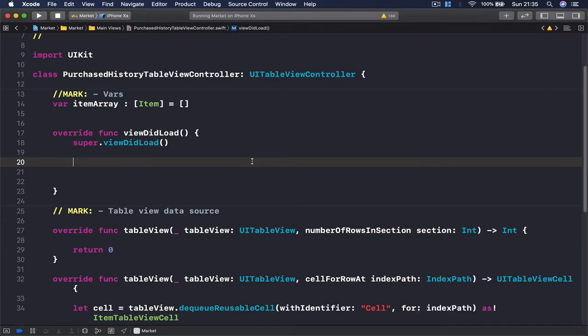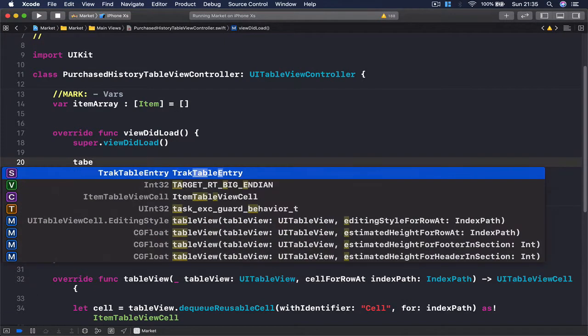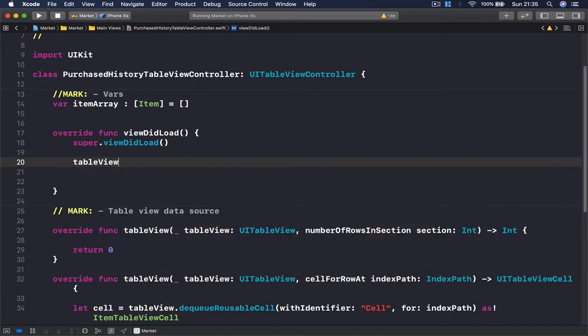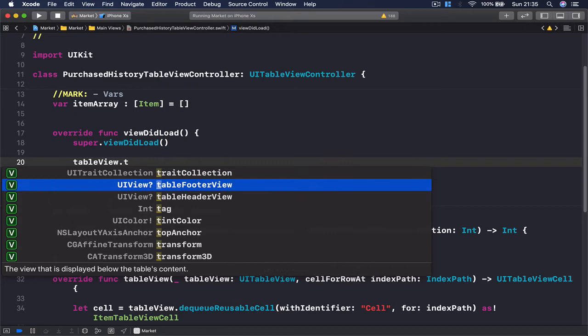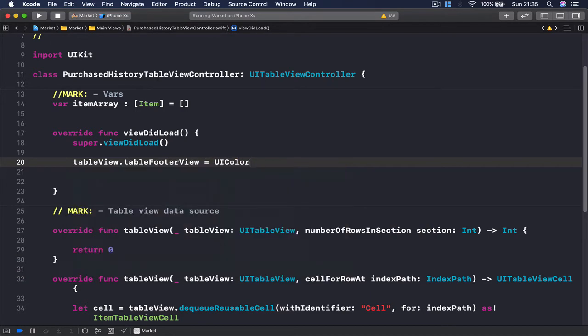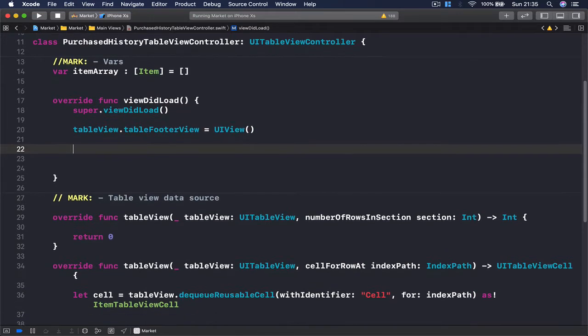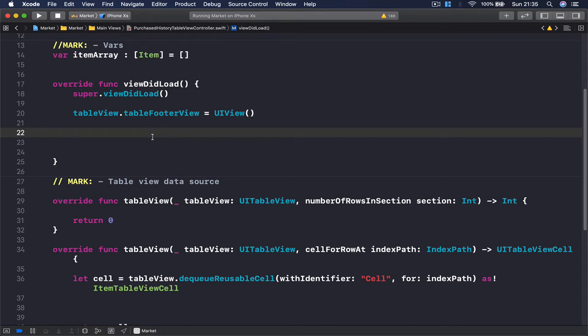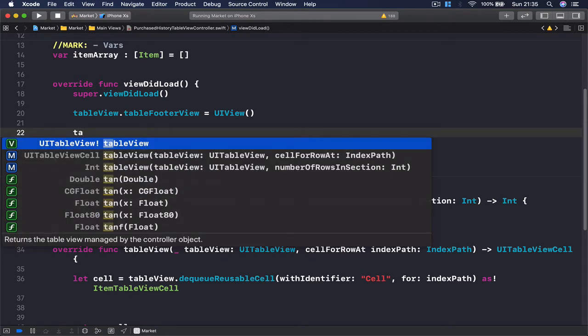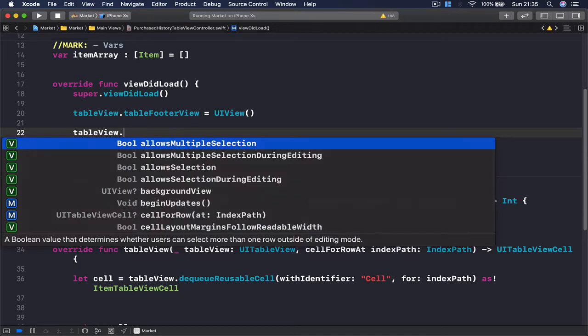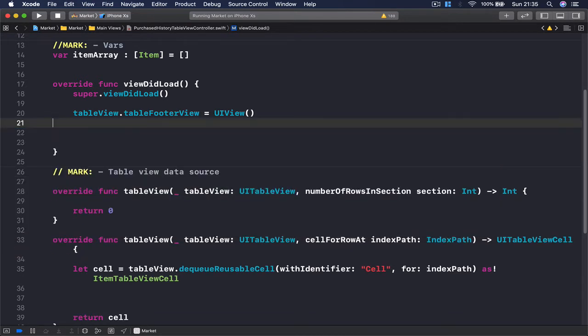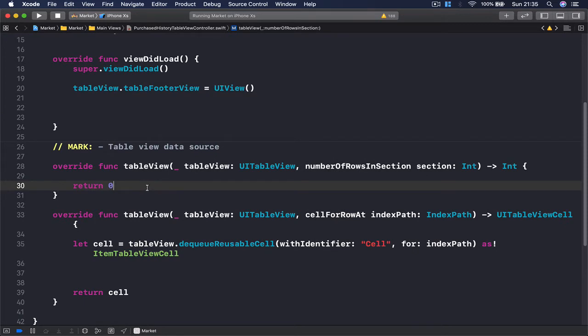Then I want to get rid of these empty cells. So in our view did load, I'm going to say table view dot table view footer view is equal to UI view, and then we want to set our table view dot, actually no, this is all for now. Our number of rows in section we are going to set to be equal to our item array dot count,